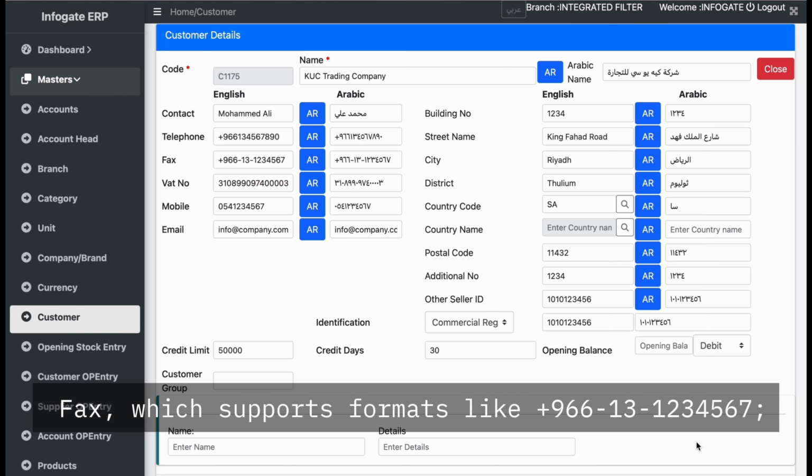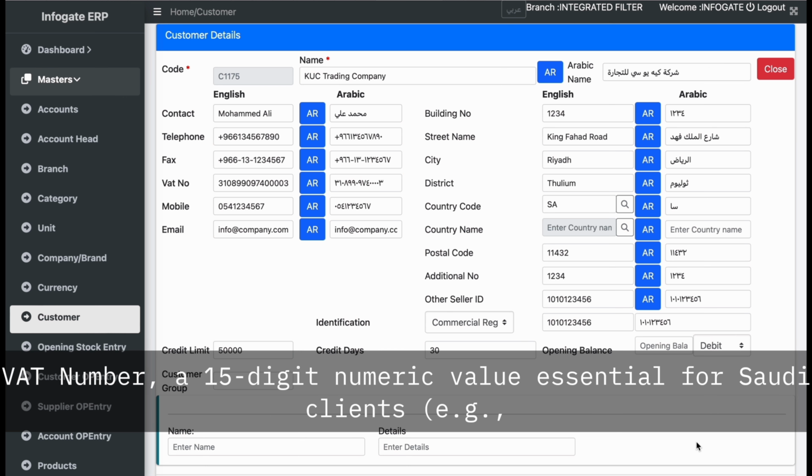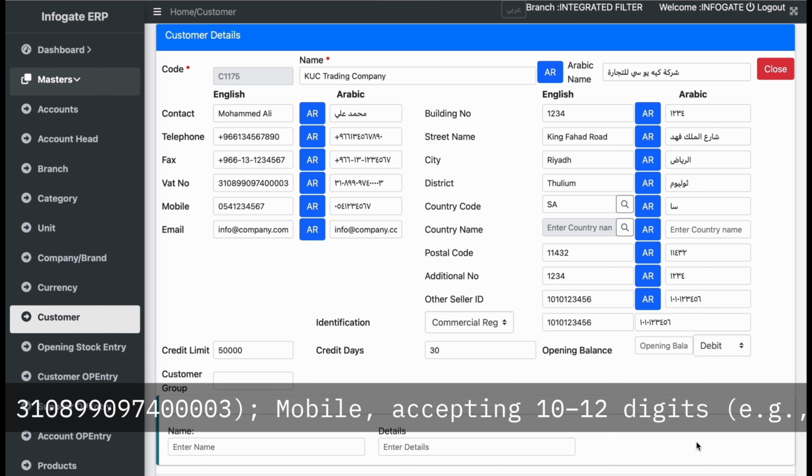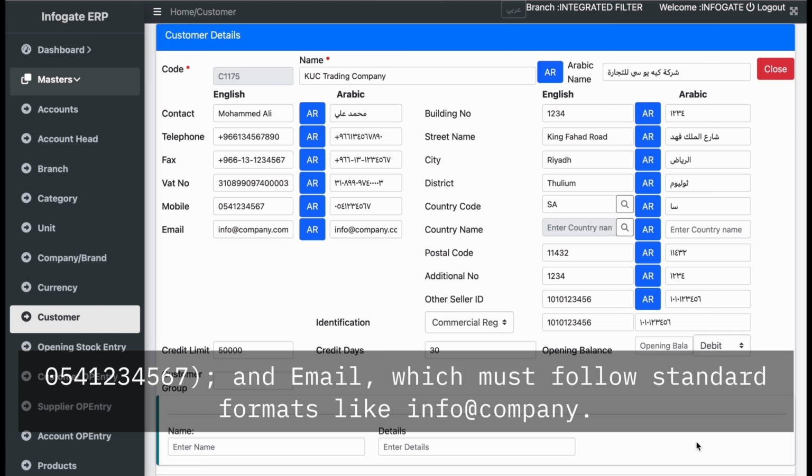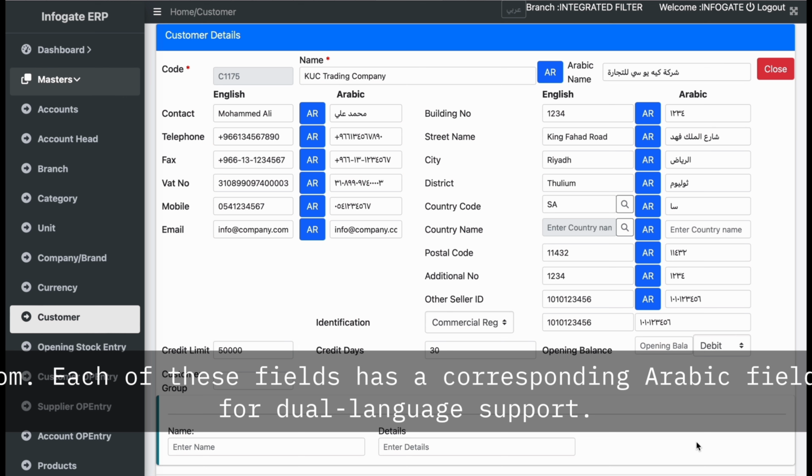Fax supports formats like +966 131 234567. VAT number is a 15-digit numeric value, essential for Saudi clients, for example 310899097000. Mobile accepts 10-12 digits, for example 0541234567, and email must follow standard formats like info@company.com. Each of these fields has a corresponding Arabic field for dual language support.